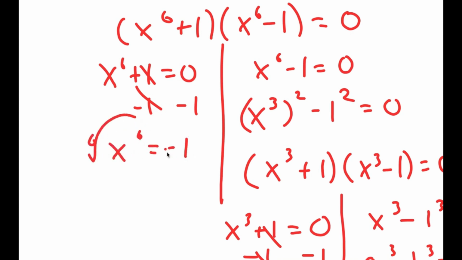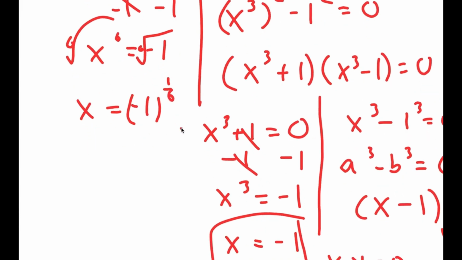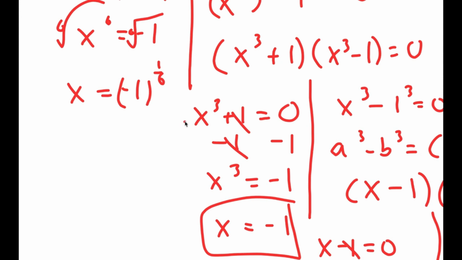And if I take the 6th root, I get x is equal to the 6th root of negative 1, which is equal to negative 1 to the power of 1 over 6. So now, the 6th root of negative 1 is,